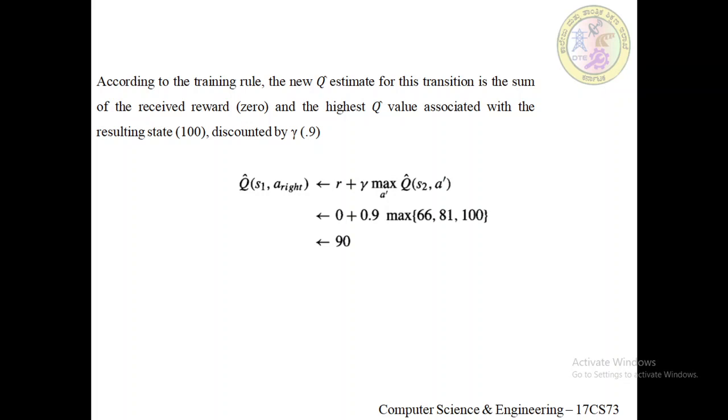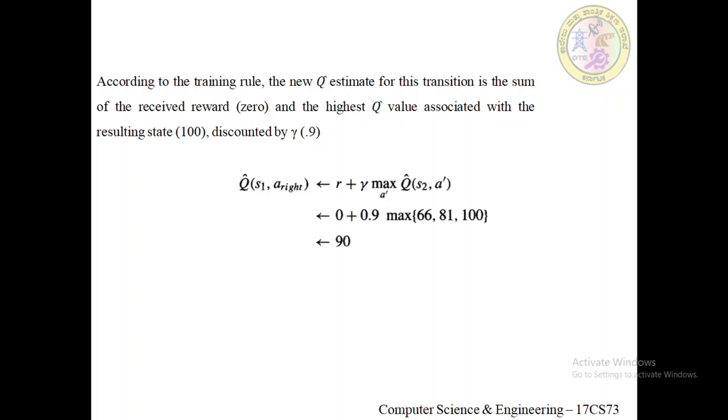How will the values of Q cap evolve as the Q learning algorithm is applied? In this case, with all the Q cap values initialized to 0, the agent will make no changes to any Q cap table entry until it happens to reach the goal state and receive a non-zero reward. This will result in refining the Q cap value for the single transition leading into the goal state. On the next episode, if the agent passes through this state adjacent to the goal state, its non-zero Q cap value will allow refining the value for some transition 2 steps from the goal, and so on.